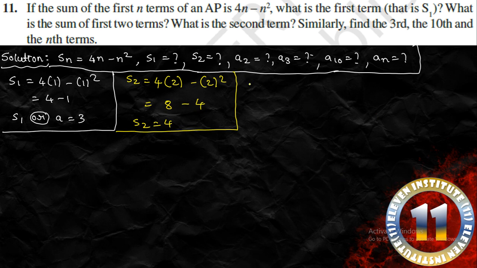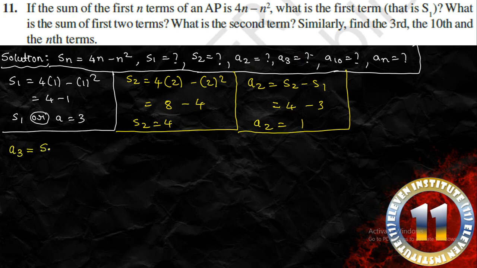There is no doubt in that, right? So let us use that. Yes, so in order to find a2, we have to do this: S2 minus S1. Now you have the value of S2 and S1 already, right? So S2 is 4, S1 is 3, so 4 minus 3 we get 1. So you have the value of a2 is equal to 1. So you have found it up to here. Now we want to find a3, right? So now it is very much simple for us. In order to find a3, what we have to do? We have to do this: S3 minus S2.